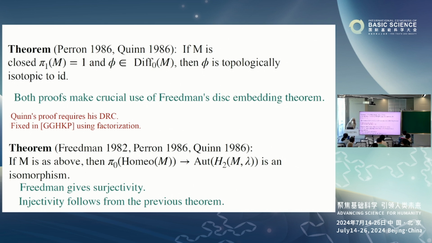But the great outcome of that theorem, together with Freedman's work, is that if you have, say, a closed simply connected manifold, then the topological mapping class group is isomorphic to the group of automorphisms of H2 preserving the intersection form. So, right. Okay, so